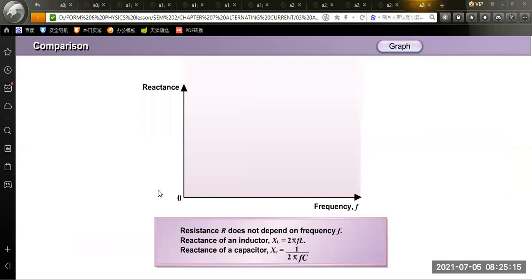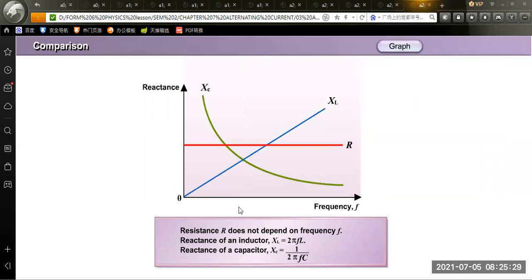Okay, so now the resistance R does not depend on the frequency F. We look at the graph. Okay, so from here, we notice that resistance does not depend on the frequency. Resistance is the resistance of a resistor, that means the resistance does not depend on the frequency, but the reactance of an inductor is directly